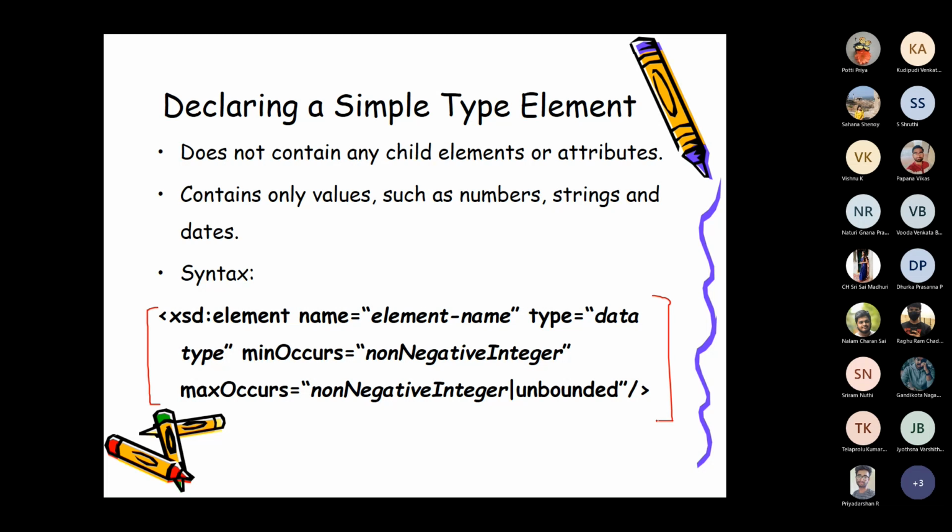So there is a feature called name equals to, I can give the value. And then type specifies what data type it can take. So it will have either primitive data types or derived data types. Then minimum occurs and maximum occurs specify how many times this particular element can occur in your XML document. If minimum occurs is 0, that means even without this particular element, your XML file will be validated. If maximum occurs is set to 2 times, and your element appears 3 times in your XML document, that will be considered as an invalid XML document.